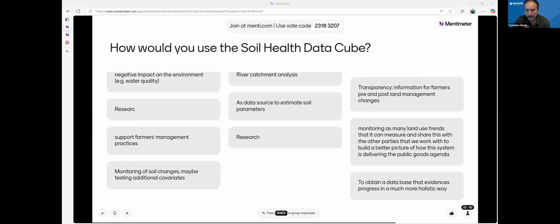There's so much work still, by the way. Even though people go, oh, you made this soil health data cube, so the job's done, right? We have it now. It's the tip of an iceberg, and there's so much work still to reach 9 million farmers across the EU, and I don't know how many in the UK. How many farmers do you have in the UK? Probably maybe 500,000 or something. So there's still a lot of work to do.